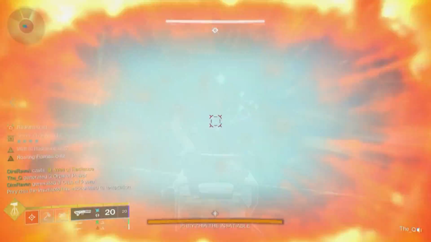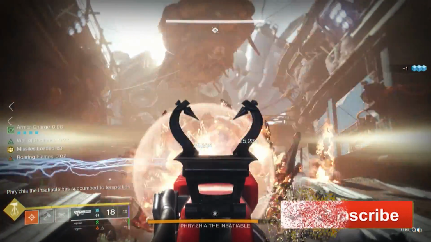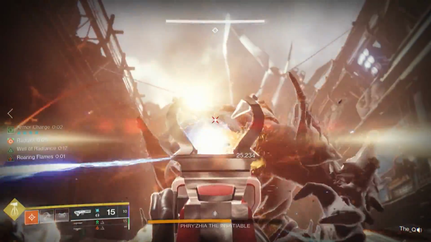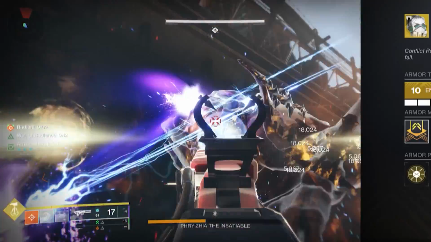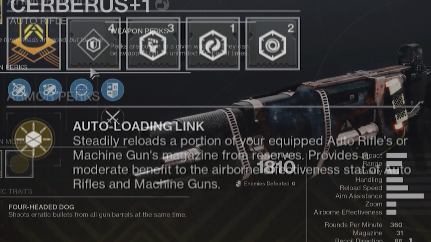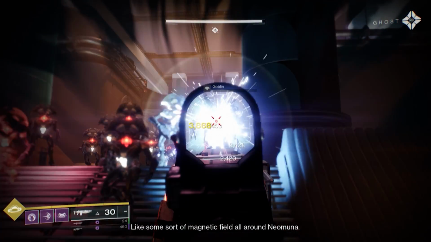Throughout this season, I've spent a lot of time testing out several new and older Titan exotics, and the true value and strength of any exotic armor piece is how often you're able to take advantage of its unique perks. And when you wear the Actium War RIGS, you feel the benefits instantly and continuously. Even the Cerebus, one of the worst exotic primary auto rifles, actually feels extremely powerful when enhanced by the Actium